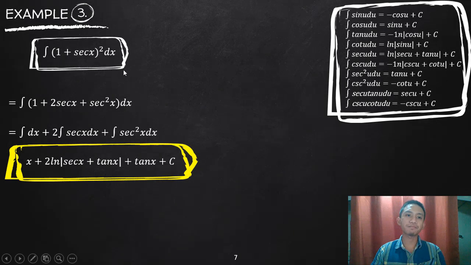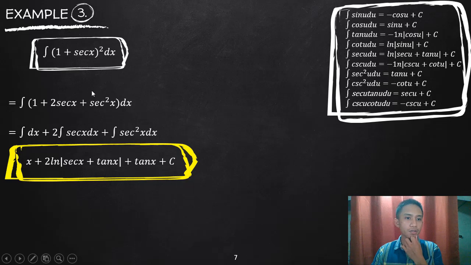Okay, number 3. Again, we will try to look at our example or our problem. There is no ready form of integration for that type of equation. As you can see, it is 1 plus secant x, the quantity raised to 2, so there is no such form in this formula. So we will again try to simplify. The only choice that we have is to expand, since there is no other way for us to simplify this one. So if I expand the binomial, that is your algebra of course,